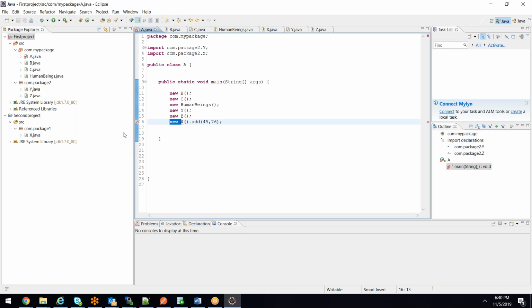It will always look in the same package first. Class A is part of the com.my package, and in the same package it will look for any class called X. There is no class called X in the same package. Compiler is telling I don't know what is class X. So then you have to tell class A what is class X, correct?